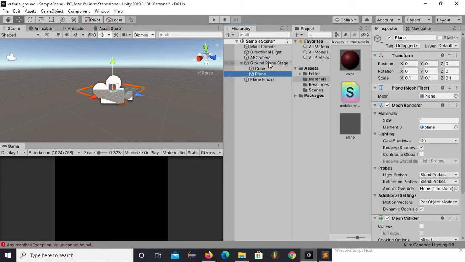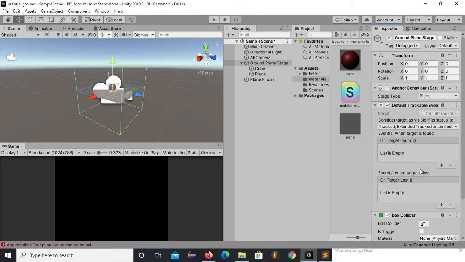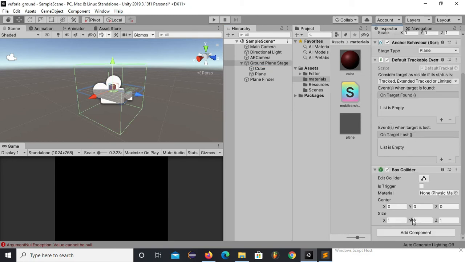and make it a child of this. And now I want to tell you one thing: I'm using this plane to cast shadows, and now I will apply a box collider. I have applied this box collider because the cube which will be instantiated at a height from this ground plane will be a rigid body.